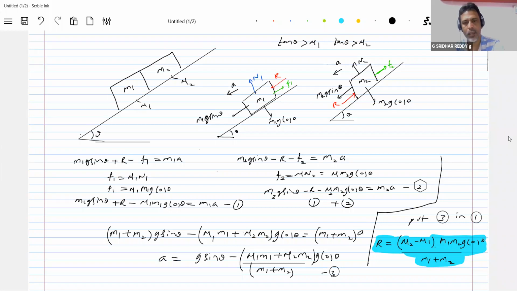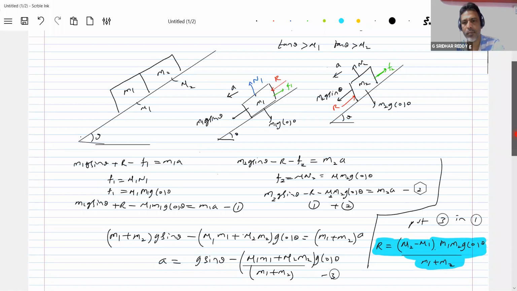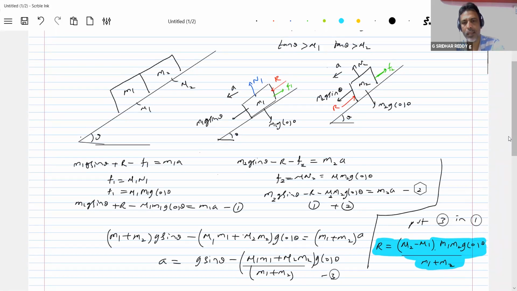Okay, some good problems are there related to what I discussed. So just analyze them. There's one basic method. Okay, any doubt? You can clarify. Solving this, this equation 3, I'll put in either 1 or 2, you'll get the same thing. Okay, I'll go for the next condition. Any doubt, you ask it.